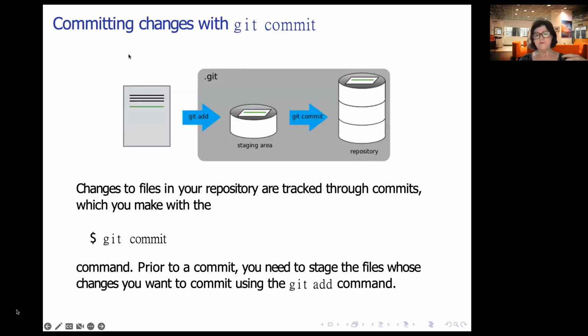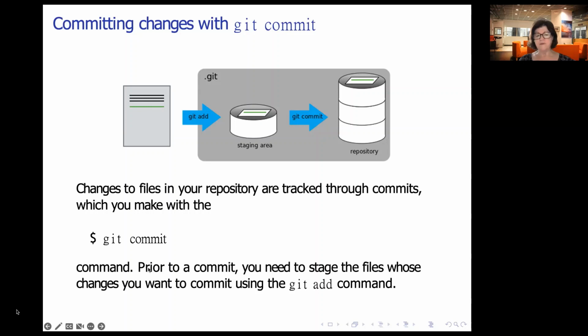So what happens from a data perspective is I'm making changes to this file. In green, there's a change that hasn't been recorded. I add that to the staging area, and now by doing git add, it's been staged in this area here, and now I type git commit, and the changes get committed to the repository and the actual code, the file. So when I type git commit,